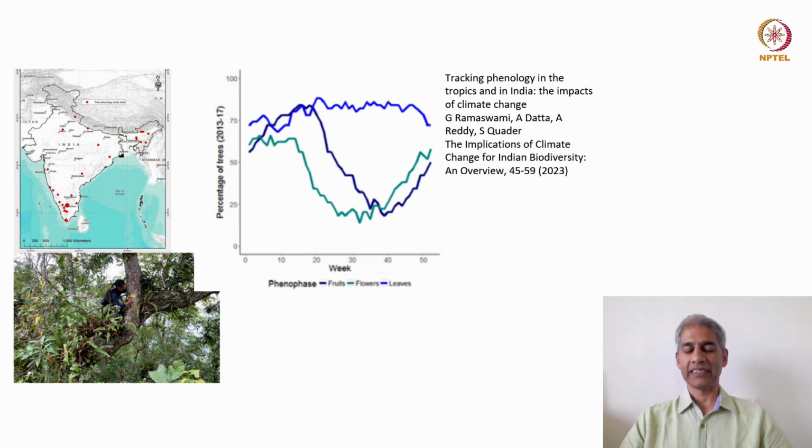2013 to 2017. And we see for leaves, which is the line in bright blue, there is no seasonality which is seen, whereas for fruits and flowers, there is a peak between week 10 and week 20. And these studies still continue, so these researchers will be tracking the changes which are now seen in response to